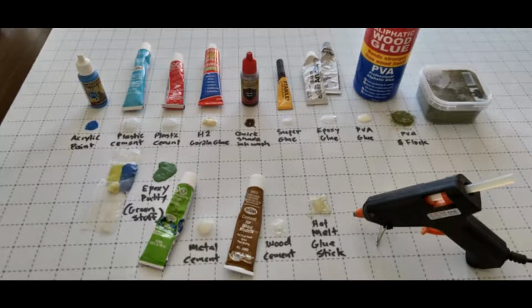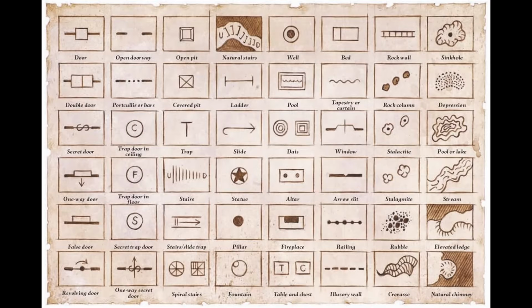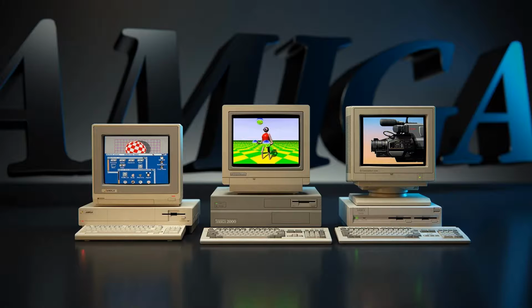So, Kris, when did you start making this stuff and why? I think I've just always been doing this kind of stuff, really. Back when I was a kid, I was always obsessed with the maps and the dungeons part of the games, usually drawing things out in felt tip pens and then piecing sheets of paper together to make large dungeons or villages or, whatever. Then later, when I had an Amiga and an old dot matrix printer, I did a few